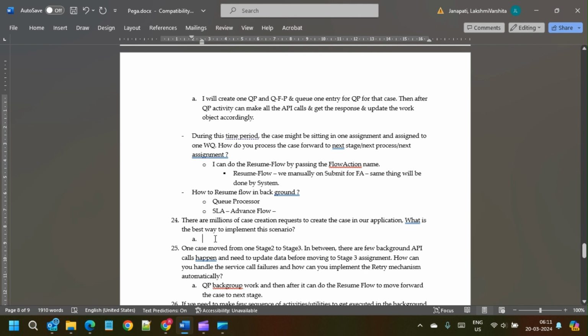They will come to our claim process application, and we need to create the cases in our application. That is the scenario. Now, if we are getting millions, how can we create the cases? In that scenario, when we are getting a huge number of requests, we can't handle that much volume with the services. Suppose these 20 external applications are calling our